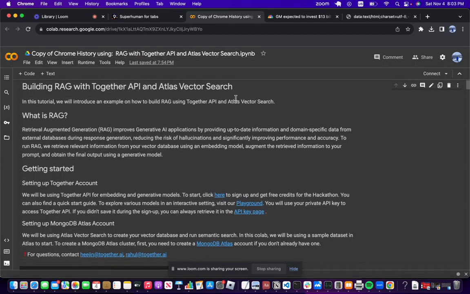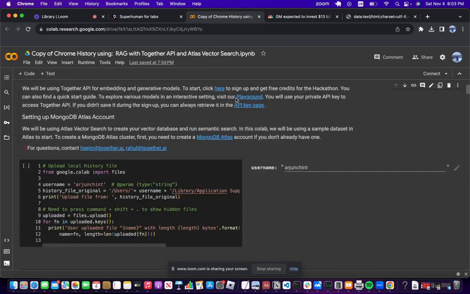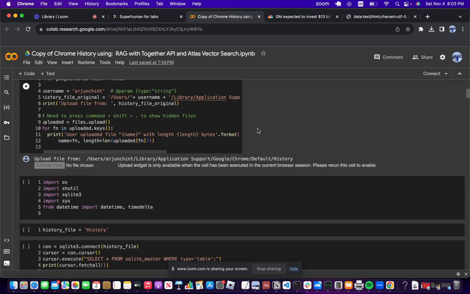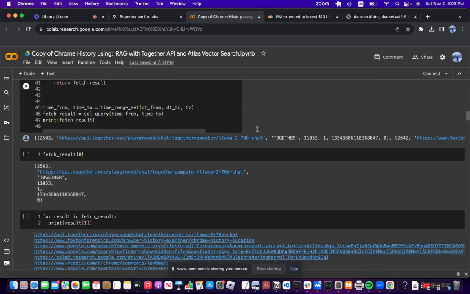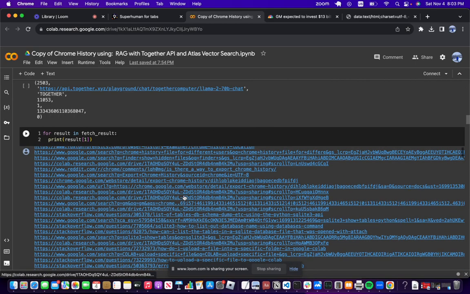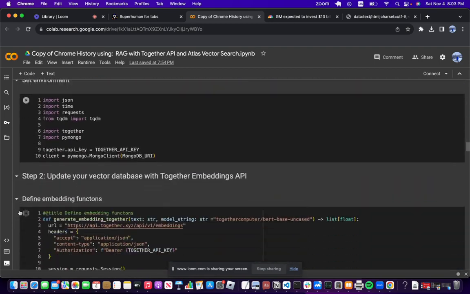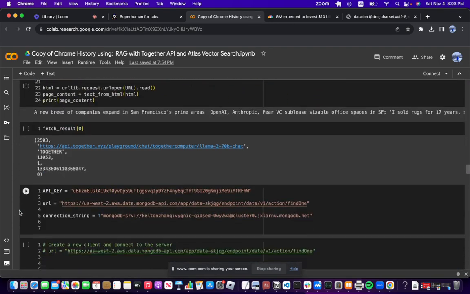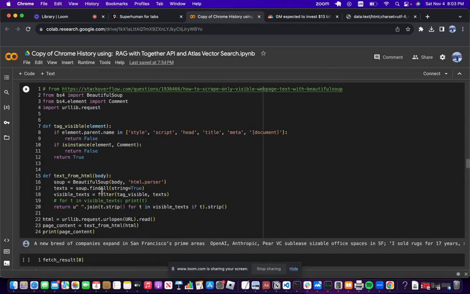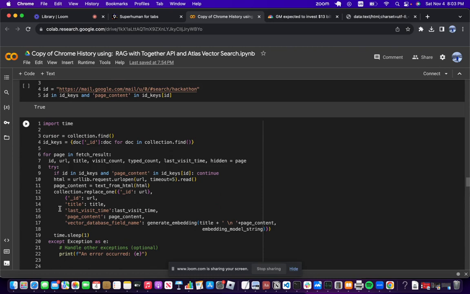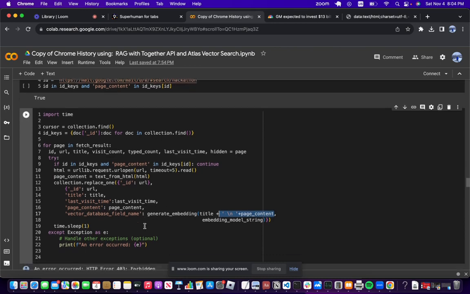So in terms of the demo, what we were able to set up is that we take SQLite web history files that your browser maintains, upload them, parse them, and collect information like time visited as well as the URLs themselves. Then separately, we take the URLs, go through the internet, and scrape them. Furthermore, we have to extract the actual text from the HTML files, because that's what you get when you're scraping. And then we take a vector embedding of the page content itself